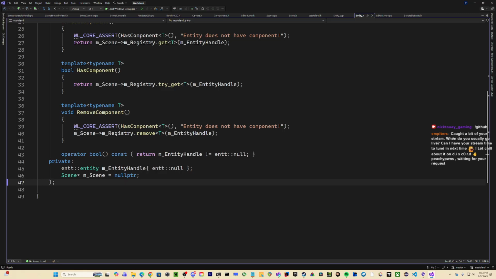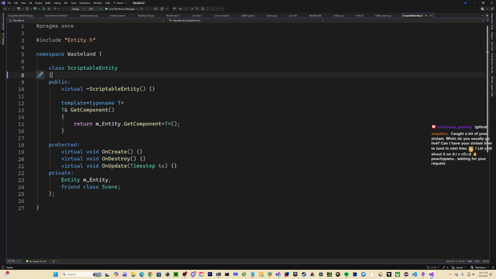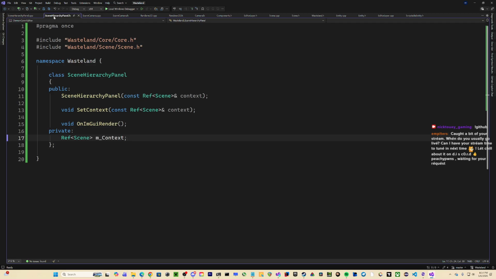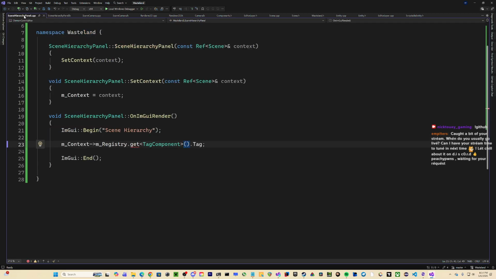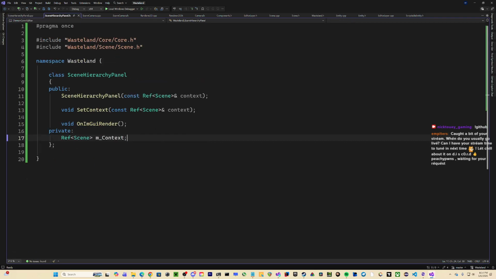So if I do entity, that should work. So entity, potentially entity, entity? I don't know. I'm just messing around.